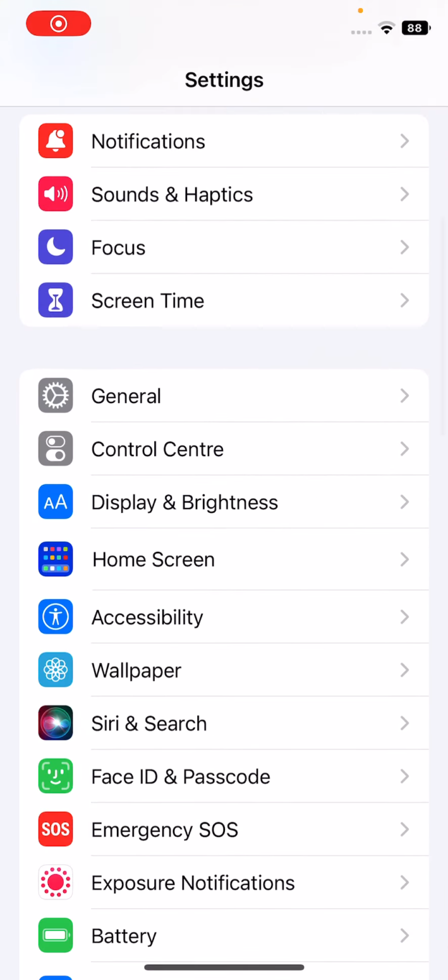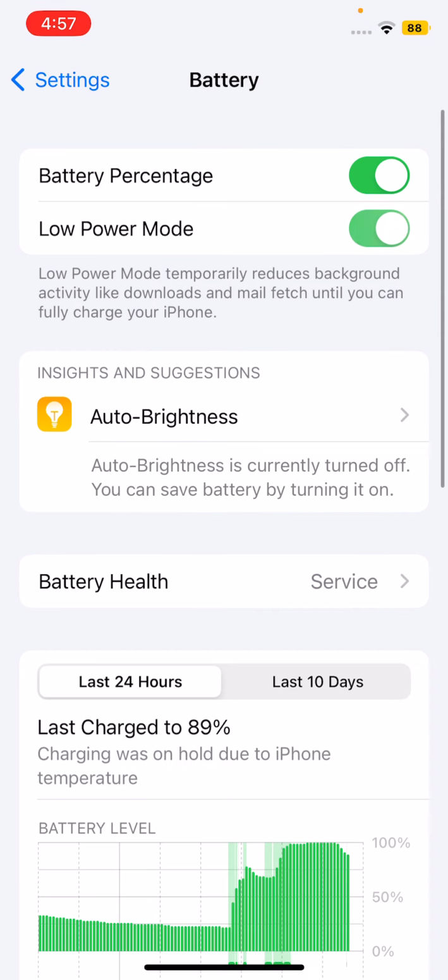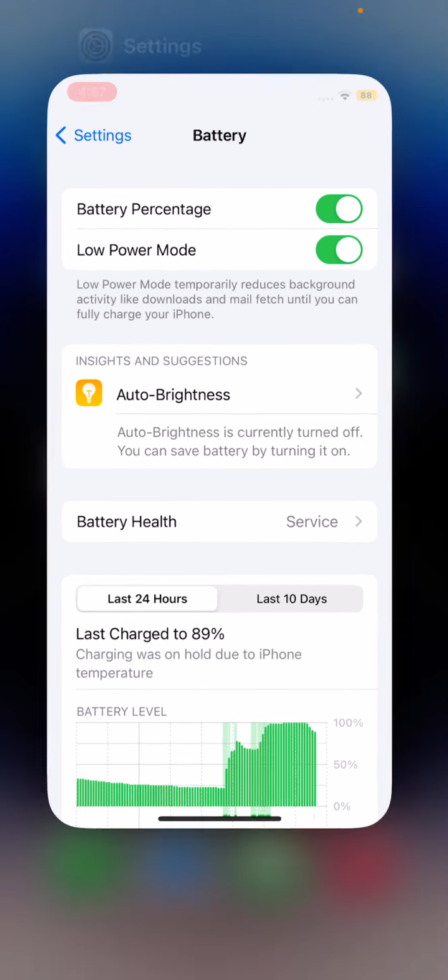Solution 4 is enable low power mode here. After enabling low power mode here,